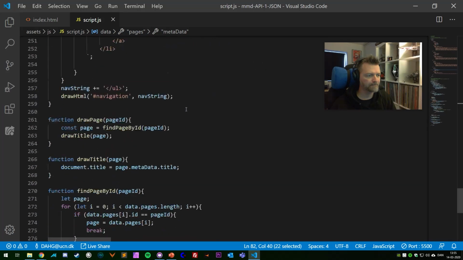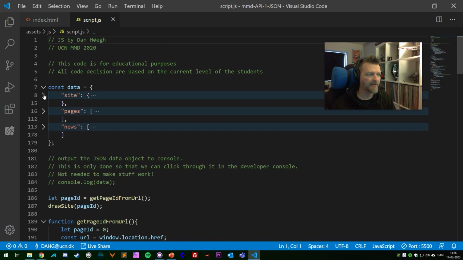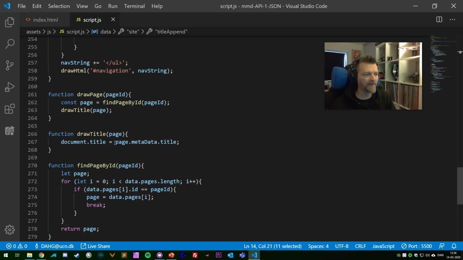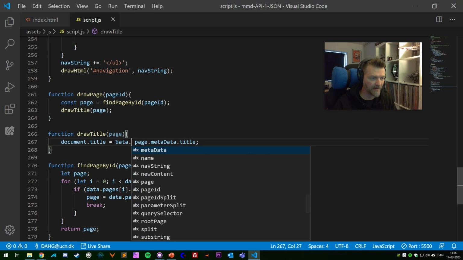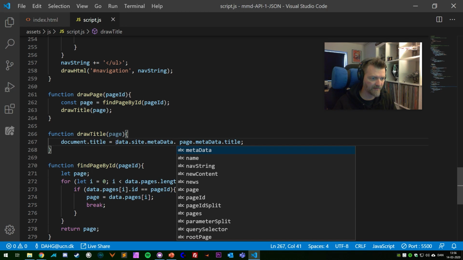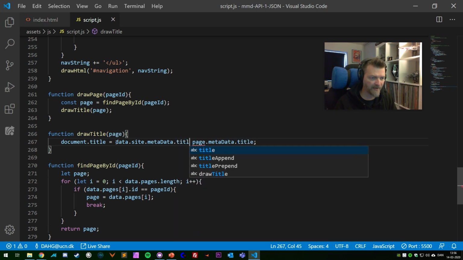Okay, let's go down here. Yes, we also have the prepend and append information in our JSON data in the site object. So we have title prepend and title append. So if we use data site title prepend and data site title append as information, then we can put those in front of and after the title. So let's try that. We've got this, so we can use data site metadata, and title append. Sorry, this should be prepend